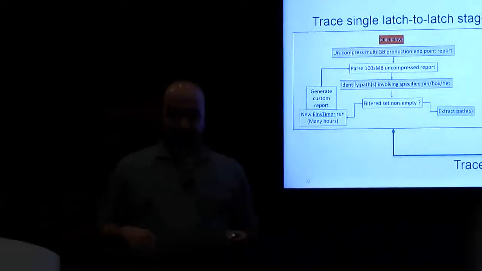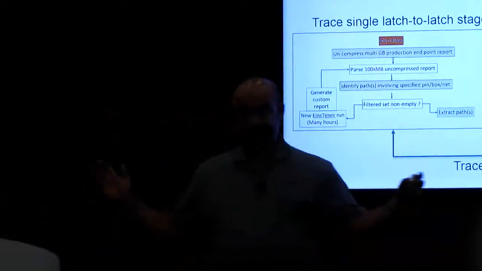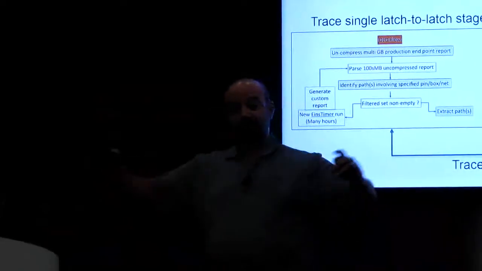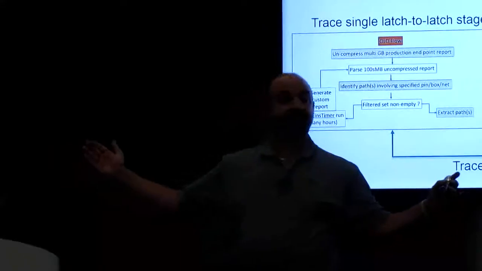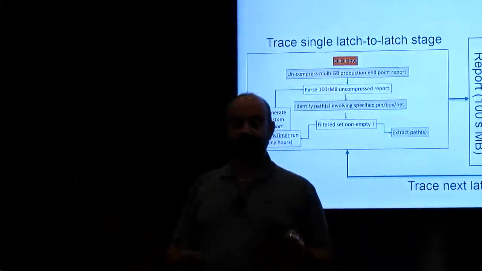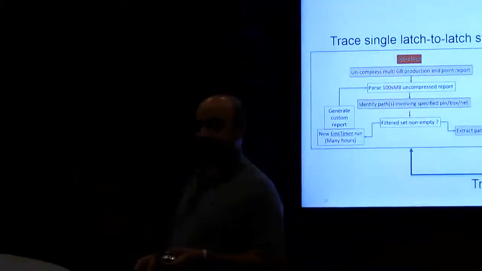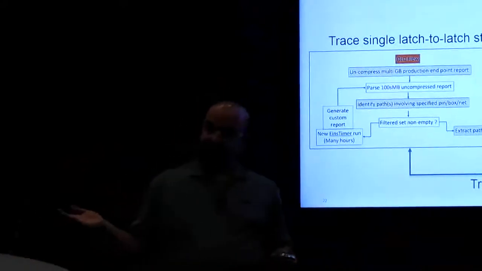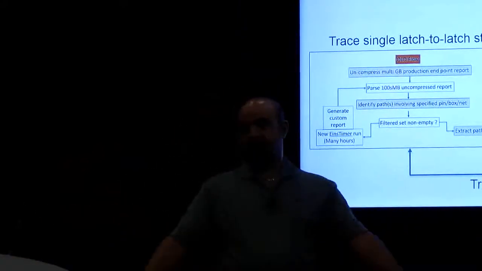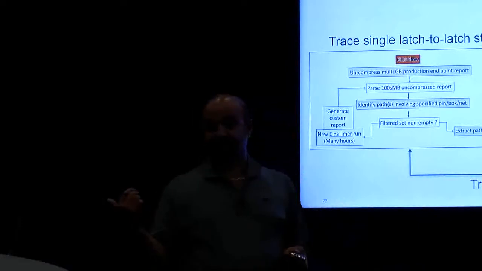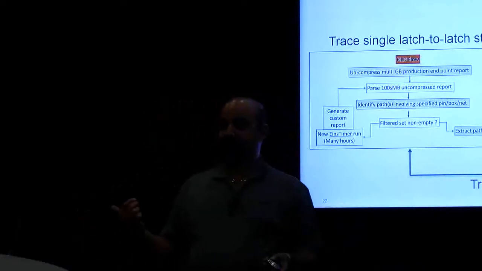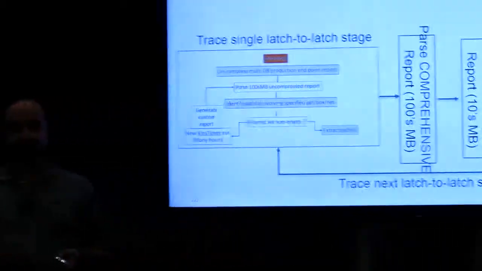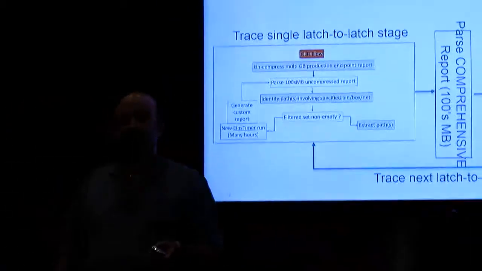So here's another example. Instead of a single latch-to-latch path, supposing I want to expand that out. I want to trace a critical path through N stages of latching, right? It's a very common thing that we need to do in the timing analysis space. Again, if you have text-based reports and your data is spread out all over the place, this is ridiculously complicated. A lot of parsing, a lot of really painful Python code. Most of our timing engineers up until this point probably would not attempt to do this type of analysis.